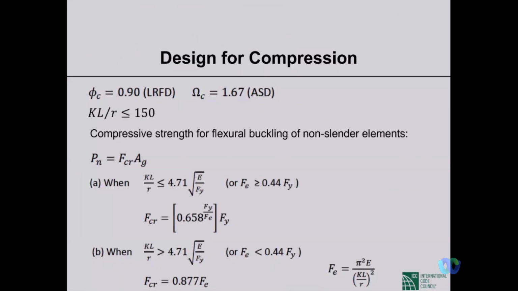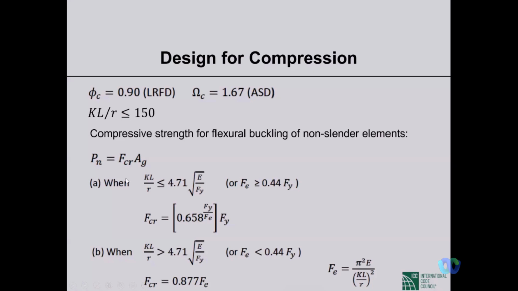Now, that was all about design for tension. If we talk about design for compression, then the limit for the slenderness is even less. You understand that for compression, buckling is a major concern. So the KL by r ratio can never be more than 150. We have to keep it down to 150. And now you see there are some formulas at the bottom. We calculate Pn, the nominal strength. We multiply a stress Fcr,